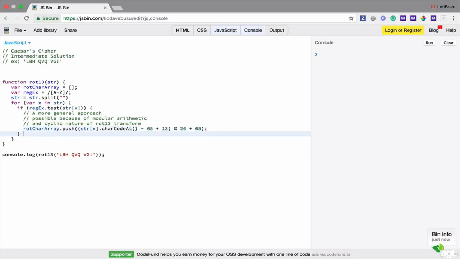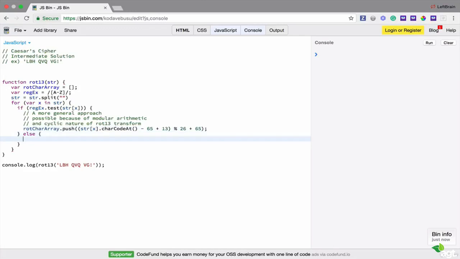All right. Else, ROT character array dot push, character code at